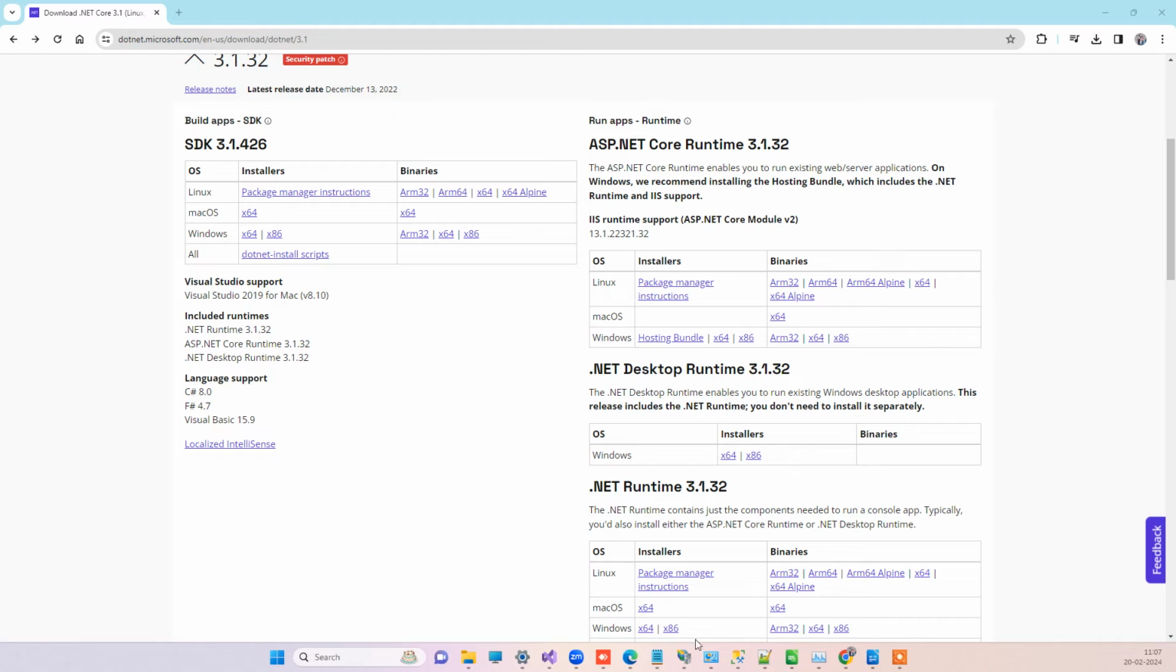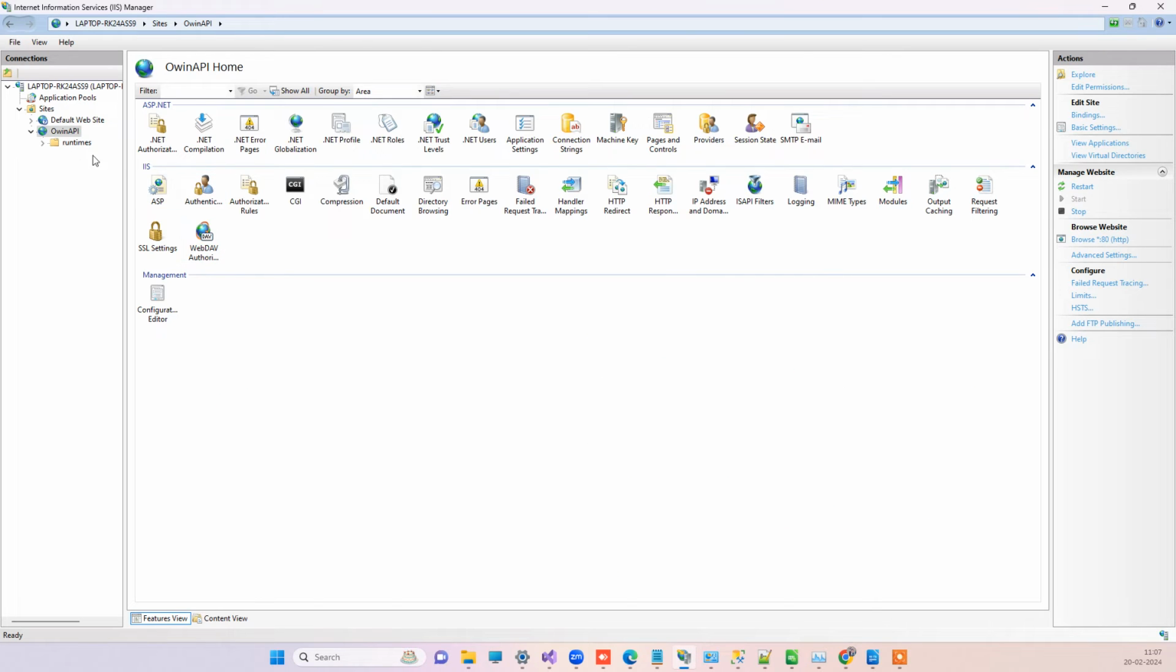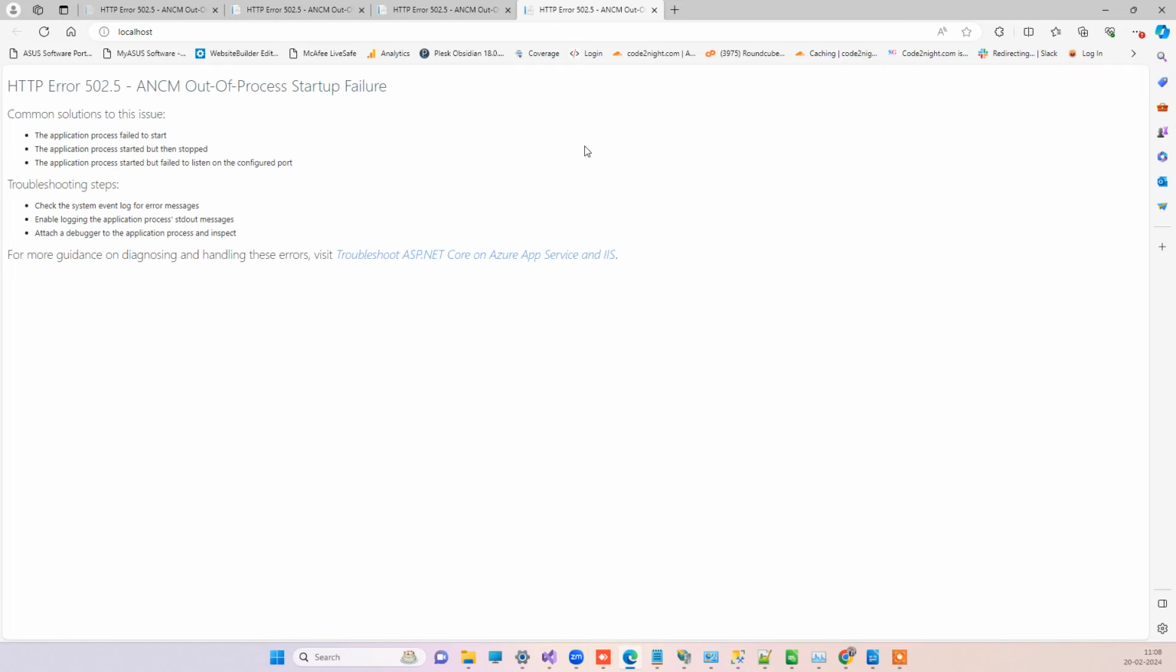So now we have got that installed, and we will go there and restart it again, and we will click on browse. So this error is still here. Now what you have to do is